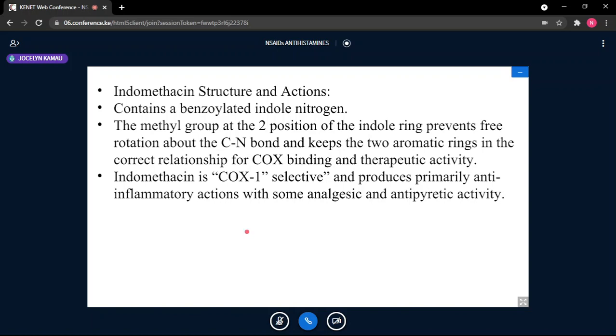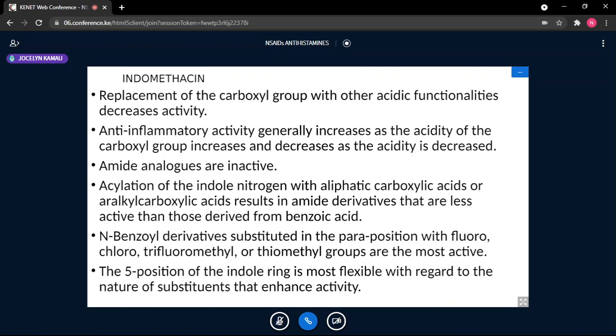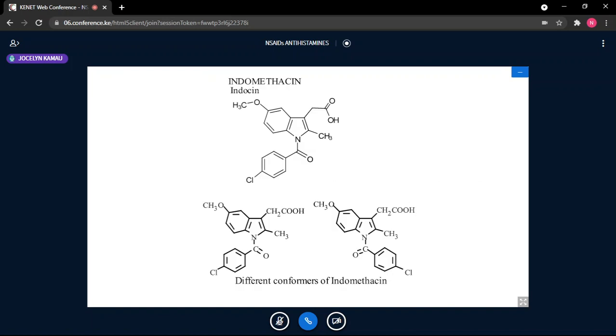Continue with the structure of indomethacin, structure and actions. As I've already said, it contains a benzoylated indo nitrogen. By saying benzoylated, look at your structure again. This is why we are saying benzoylated. This is a benzoyl group. Benzoyl, because it would be a benzyl if we did not have this group. But because of the carbonyl group, we call it benzoyl. So benzoylated